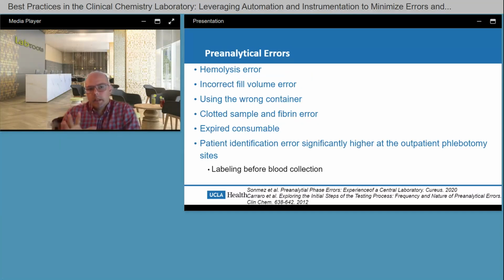So when we look at the proportion of pre-analytical errors, hemolysis leads, up to 50%, up to 70% if you survey the literature sometimes. It is the reason for some of the pre-analytical errors. Then this is followed by incorrect fill volume, which is important to maintain that blood to anticoagulant ratio. Other things: wrong specimen container, clotted sample and fibrin error,